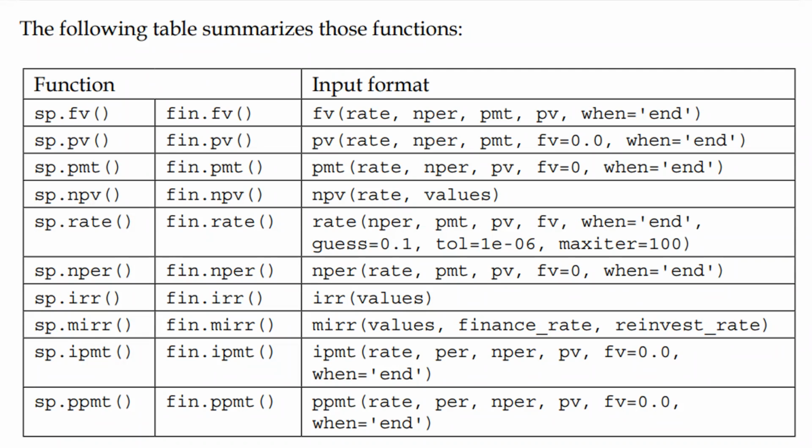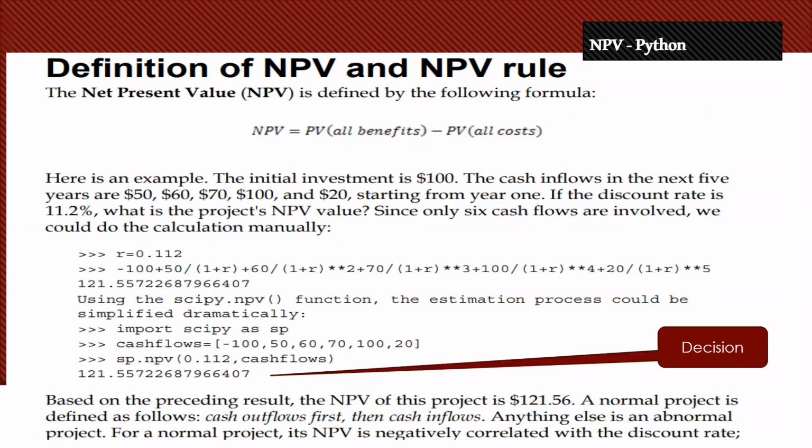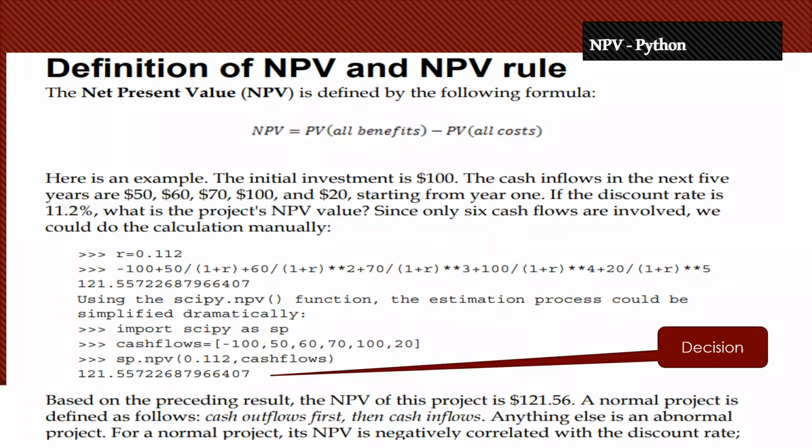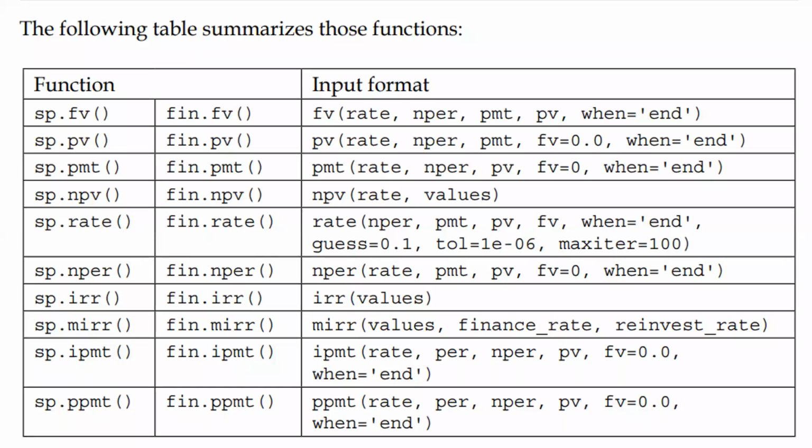That is scientific Python. So if you want to calculate all these things, you can directly use that. Because we have discussed in the coding, the coding is the same thing. Import SciPy as SP, then you can enter cash flows. Then sp dot, you can go for the function, whether it is future value or present value. Then you have to give the input. The input format is given. So this is how we are using Python for the calculation of different financial functions.